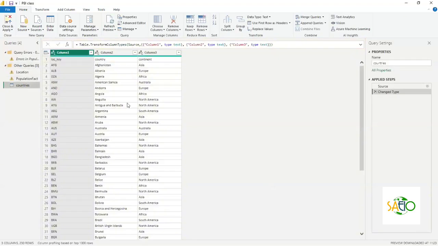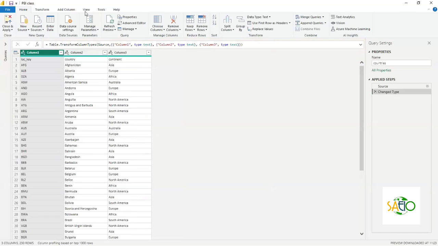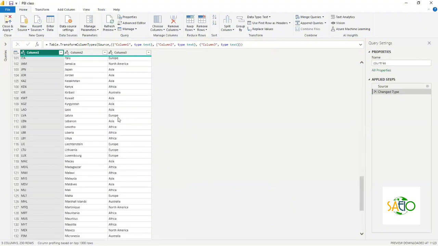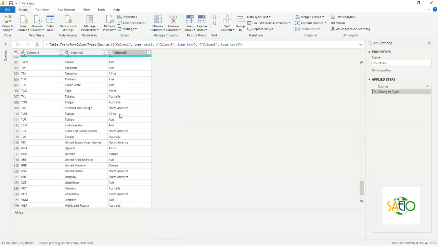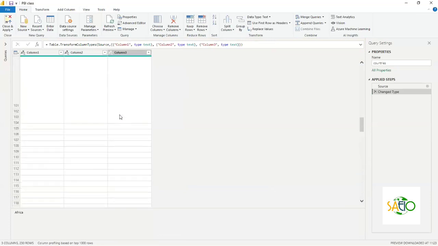Okay. Now this is the Power Query editor. This is where you edit your query. You clean it, change the data type and remove unnecessary errors. Do you understand? Okay, now to do this,